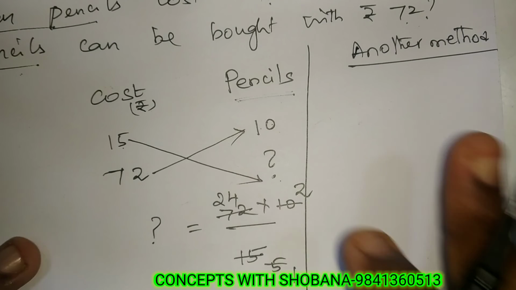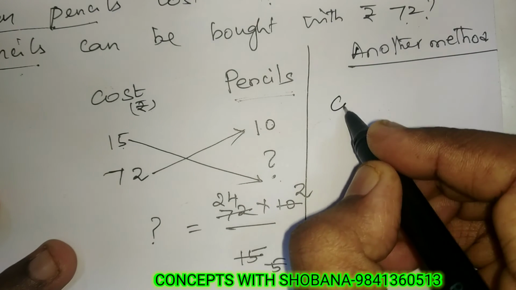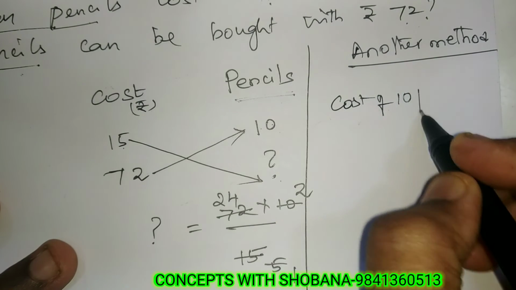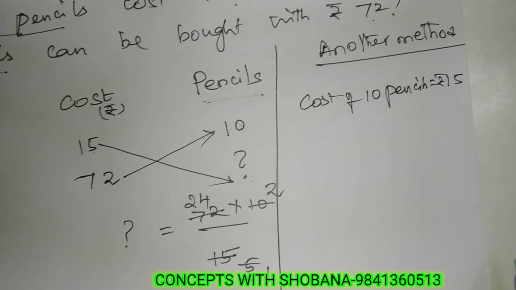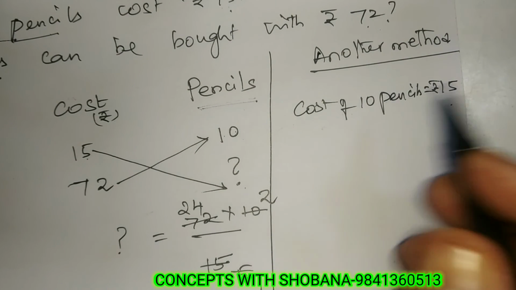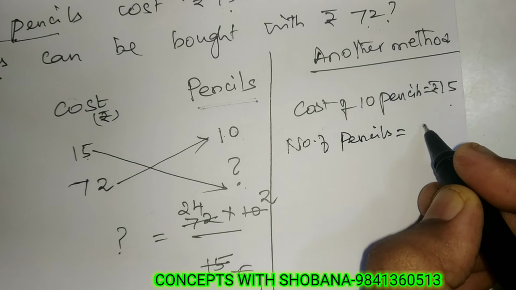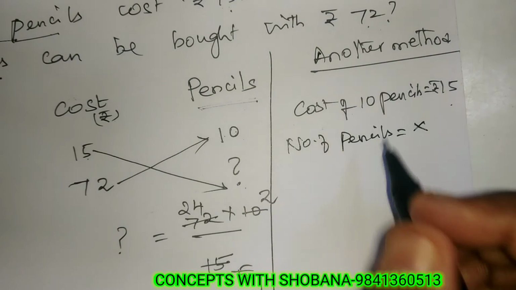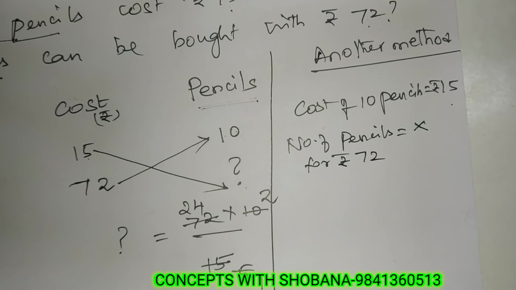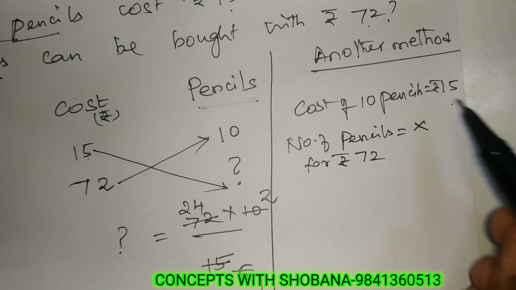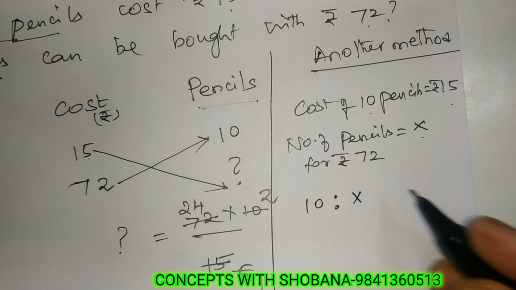Here also, in another method, we are going to do comparison, but in another manner. Now we will take cost of 10 pencils. Let us take it to be 15 rupees. Cost of 10 pencils is 15 rupees. Now number of pencils, let us take it to be X. This X for number of pencils for rupees 72. Now what are we going to do? We are going to compare 10 pencils with X. So 10 is to X is equal to,